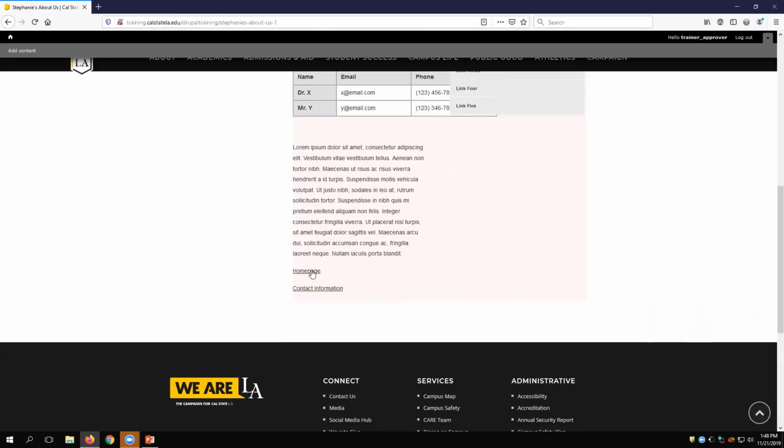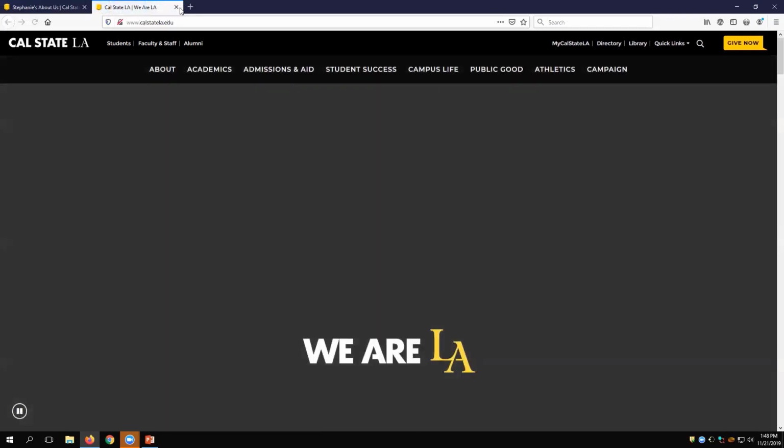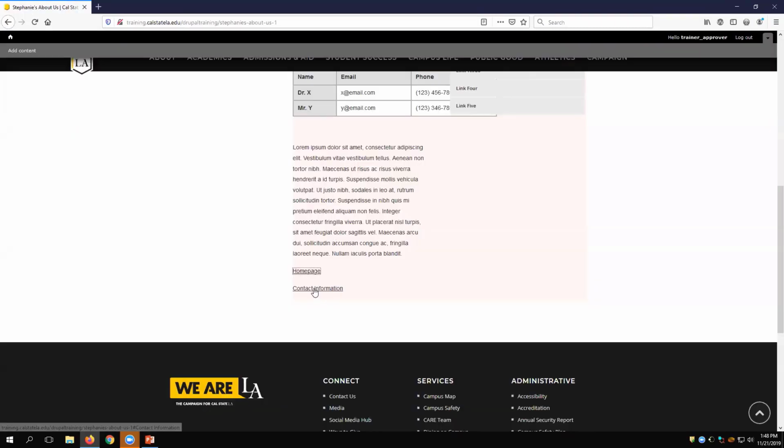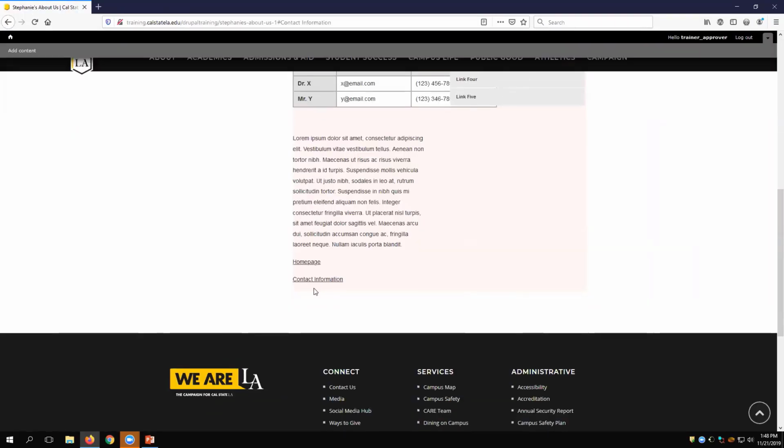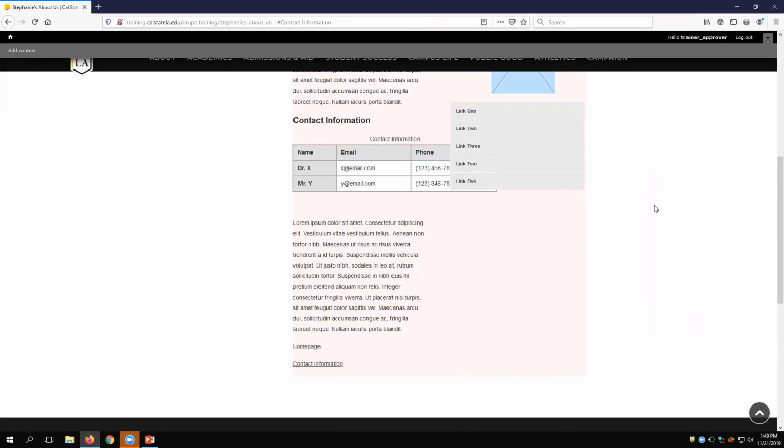So going down to the bottom, I'm just going to show you guys that this link does work, and so does this one. If you click on contact information, it doesn't work as well as we'd like it to. At the very top right here, it's actually right here. I think it's because the training site has a lot more stuff at the top than normal. It does work, is the bottom line of it.